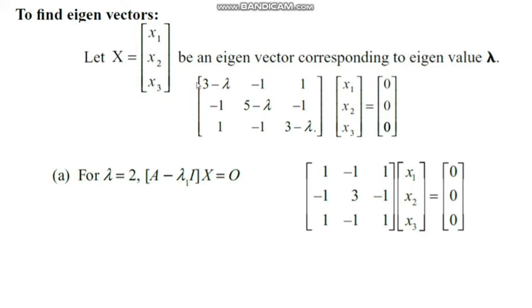The principal diagonal elements become 1, 3 minus 2, 1, 5 minus 2, 3, 3 minus 2, 1. The rest of the elements are unchanged. It is a homogeneous system. To get a non-zero vector, that is the eigenvector, we can expand along its first row. These are only the coefficients of minus